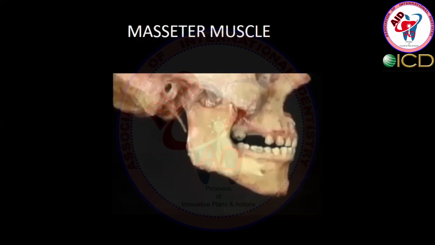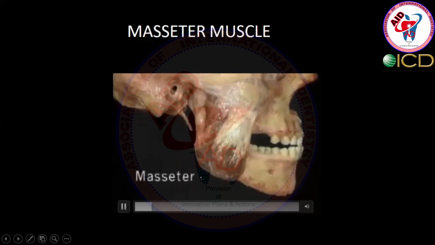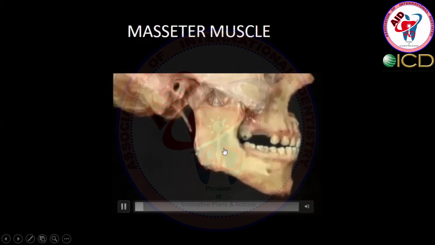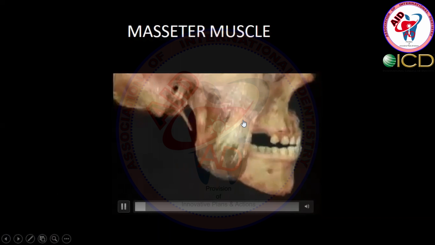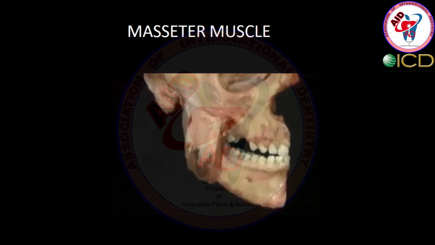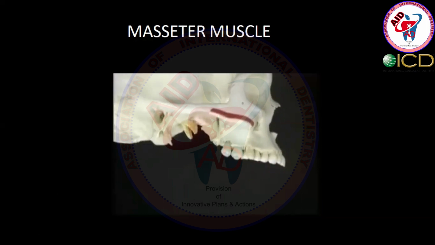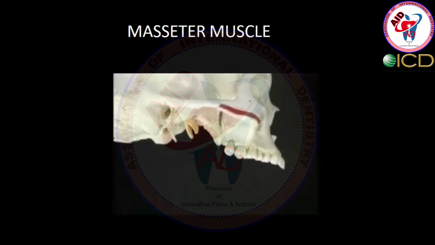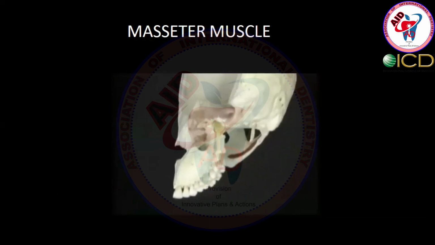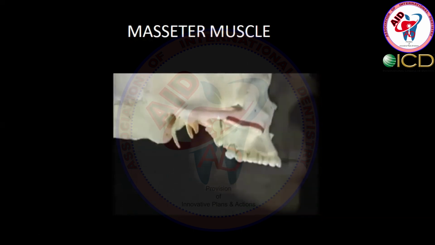Lastly, we'll add the masseter muscle to the picture. Now you see here that this is the masseter muscle. Right here, it is attached. And when you see from anteriorly, it is a bulk of the masseter muscle, and you see it has the superior level. Its attachment is on the lateral aspect as well as on the medial side of the zygomatic arch. This is basically the origin of the whole masseter muscle, the middle, deep or intermediate portion.